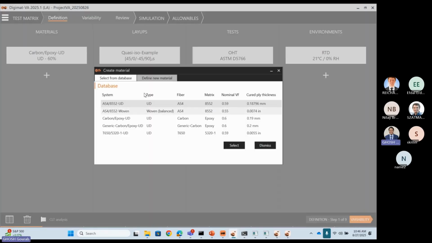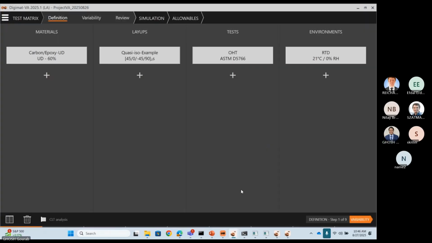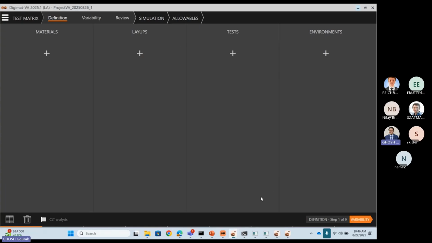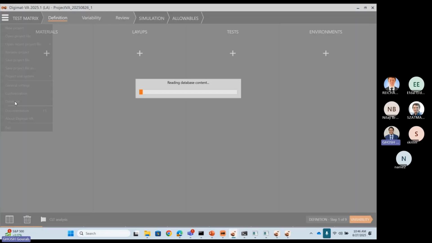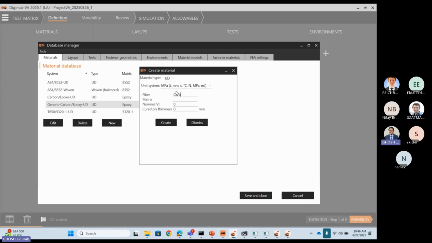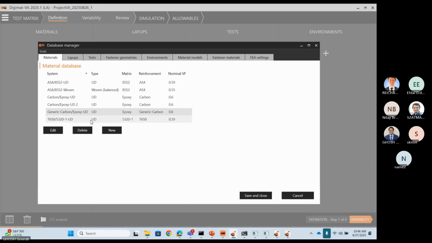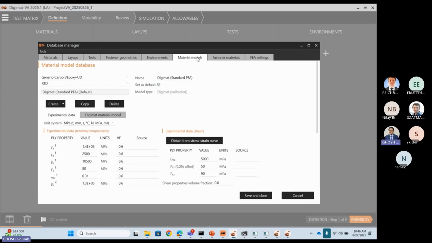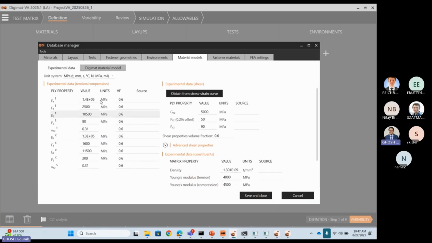And then you can pick and choose from the database if you already have calibrated that material. If you do not have that already available, you can go here, go to database, and let's say I want to create a new one. I'll just write that name, whatever it is, creating one. Then I go to material models, and here for the experimental data, I will have to fill in